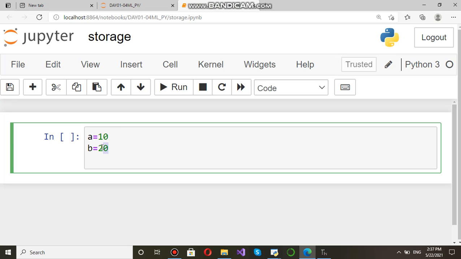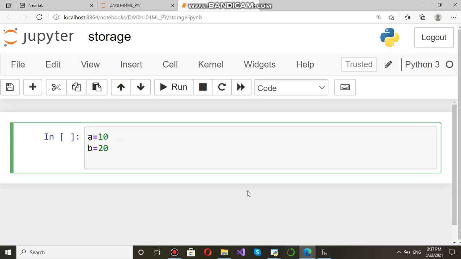Similarly, 20 will be stored in heap area and b will point to the address of 20. A and b, these names will be stored in variable area.